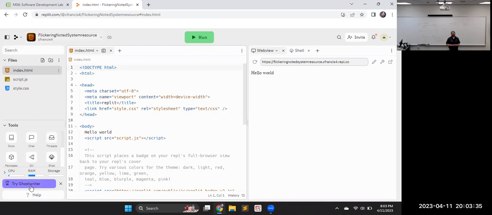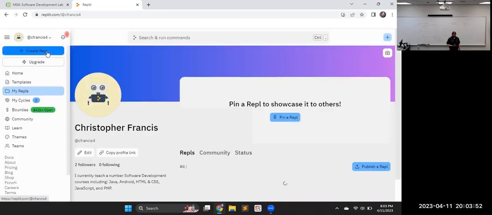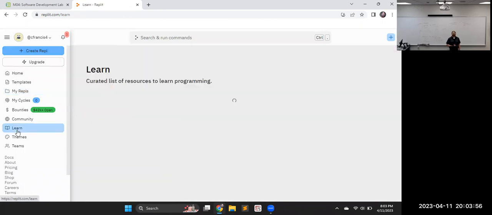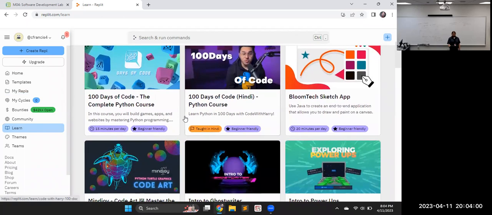Ghostwriter. So there's a chatbot built in here if you want something to type your code for you. If you want to just tell it the algorithm you want and let it type it up, there is a Ghostwriter. Still in the works, but it does pretty well. How do I get back to my account? Here we go. There's a learn tab. So tutorials are built right in here. Click that learn tab and